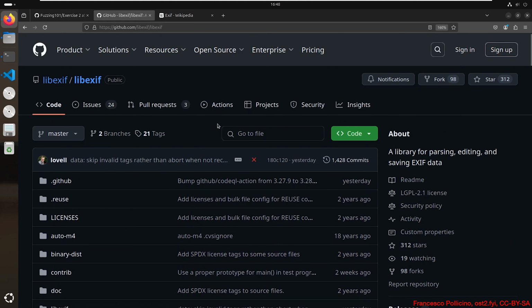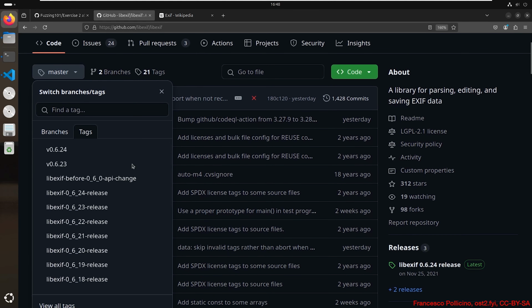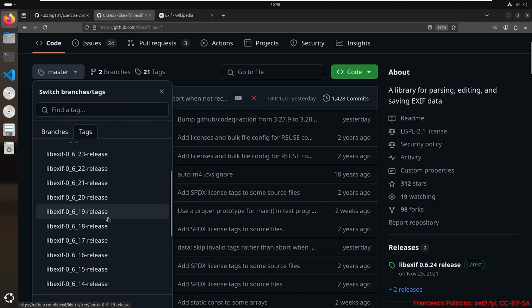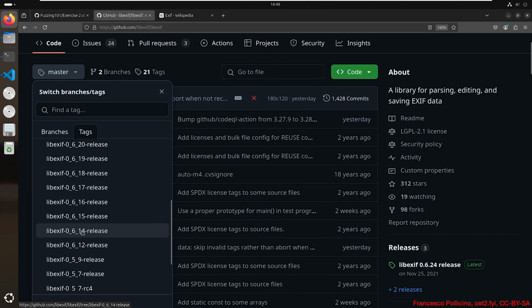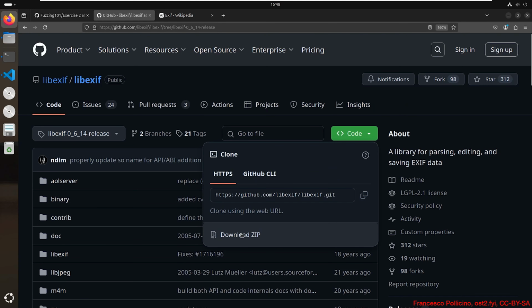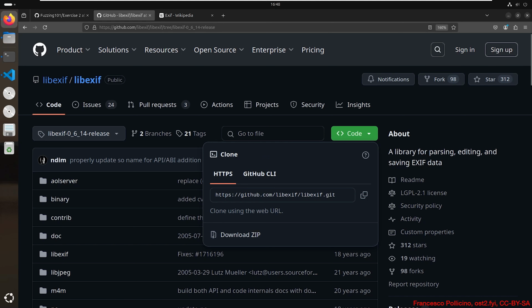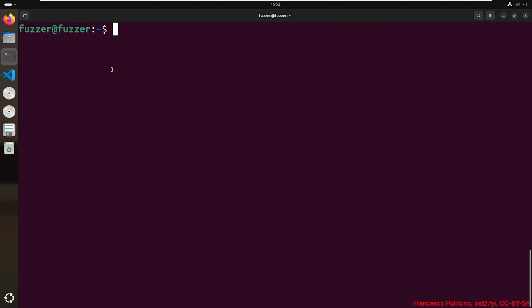So we go on top of Git and we select in the tags tab the right version, which we said is the 14. Now we can download the zip. Once we have the link, we can download it. So we go back to our terminal.